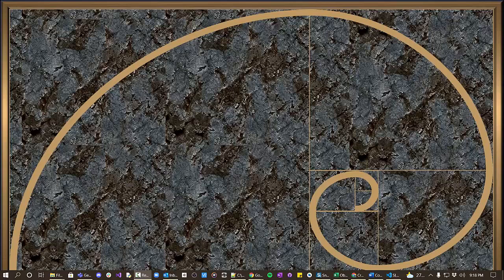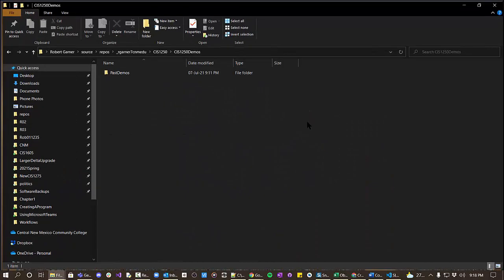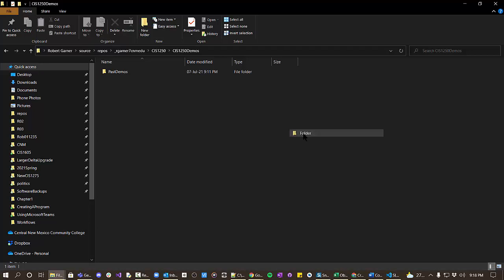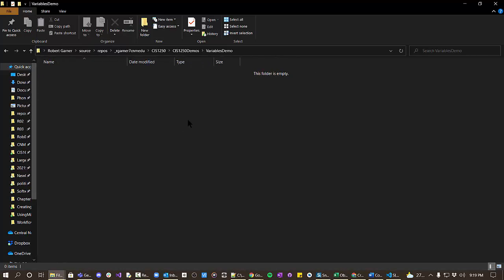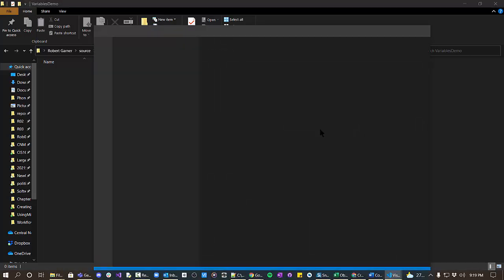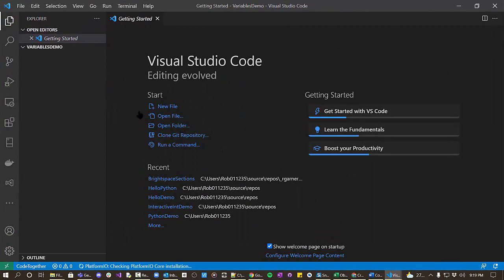So let's look at how variables work. I'm going to create a new demo. Again, I'm going to start by creating a folder, and I'm going to call it variables demo. And inside of that folder, I'm going to open up Visual Studio Code. From here, we'll make a new file,